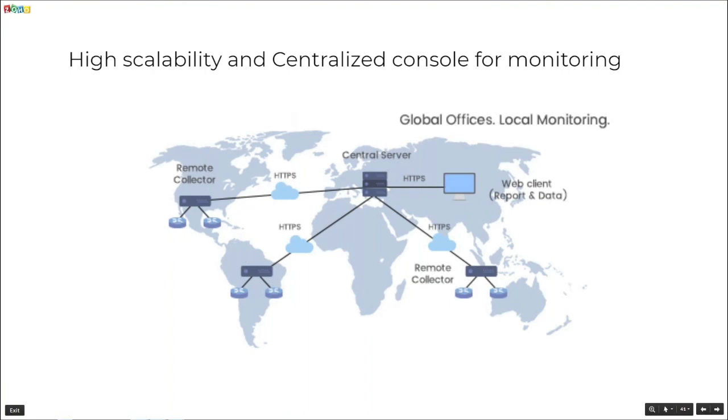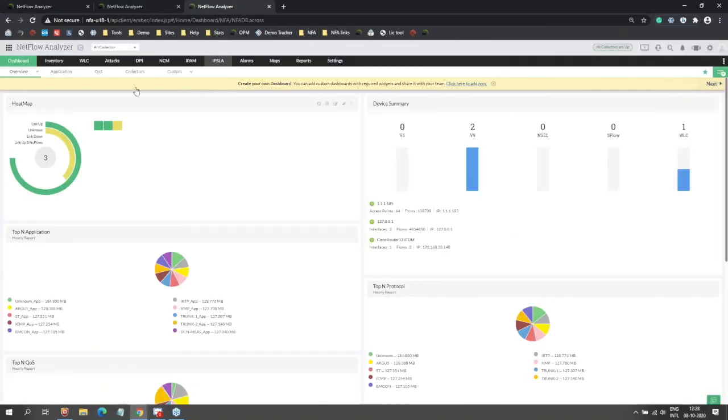Let me actually show you how it is. So this is our central server. You can see how it's central. You can see it's a C. If it's a collector, it will say probe or the collector. I have one collector alone. As you can see, I can select which collector I want to see. If I have more than one, I can simply select all collectors, and it's going to show me all the details.